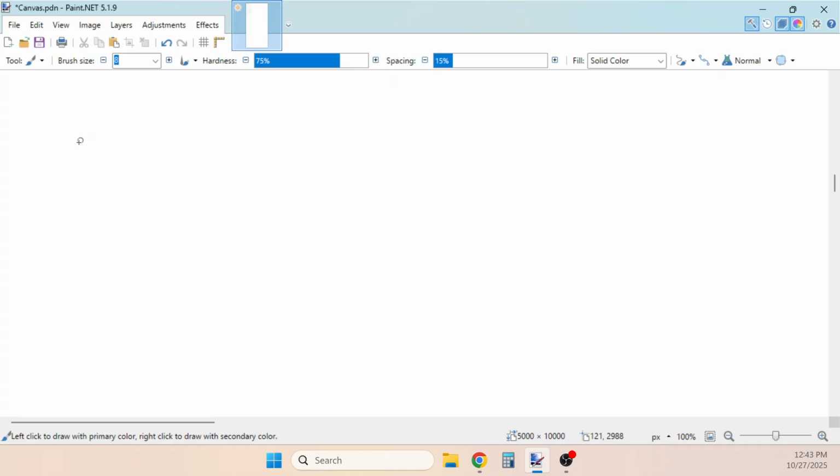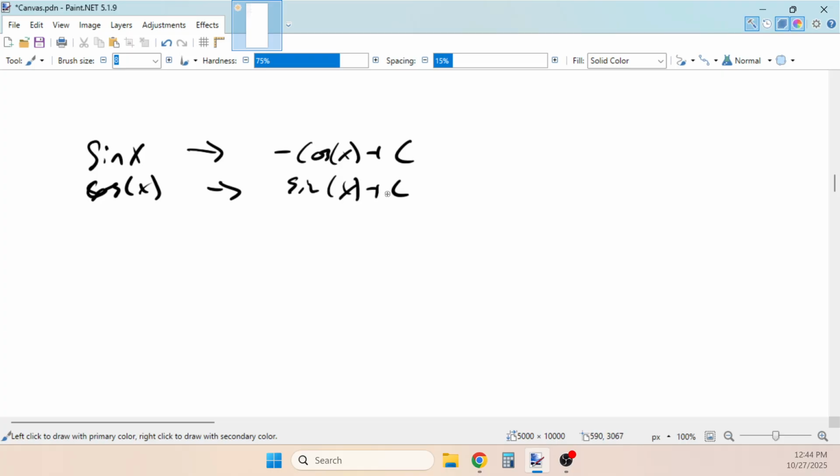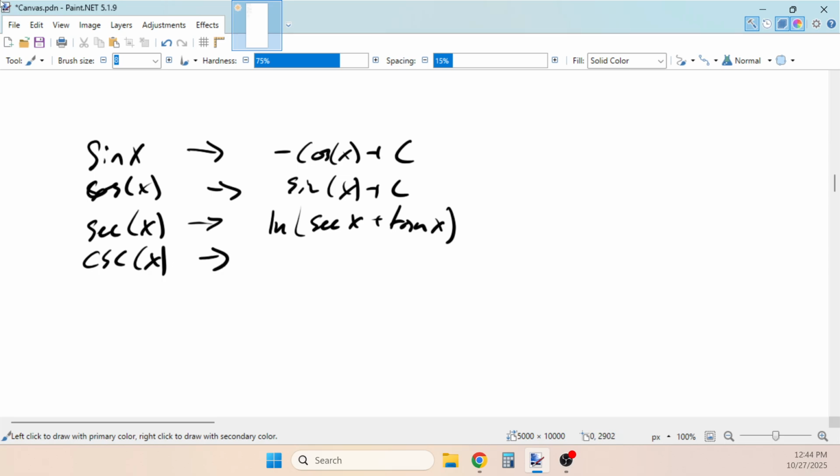What we might want to do is find the antiderivative of sine x, cosine of x. I think it's the negative of